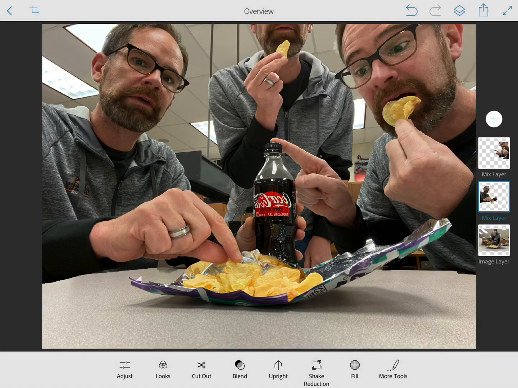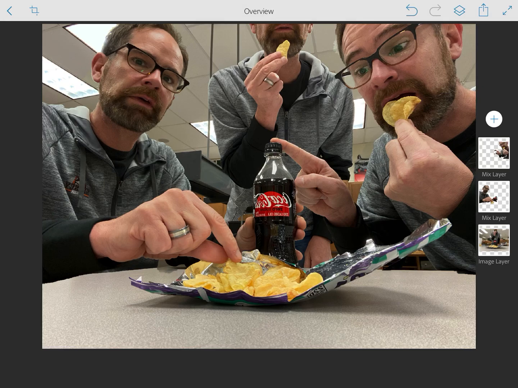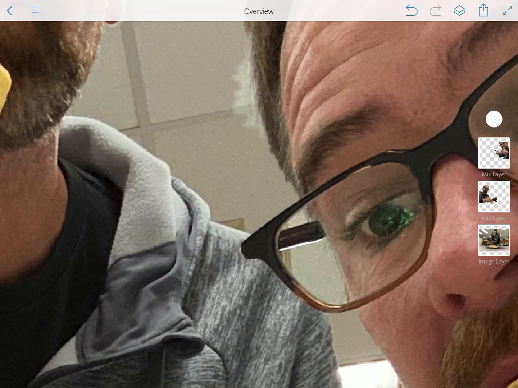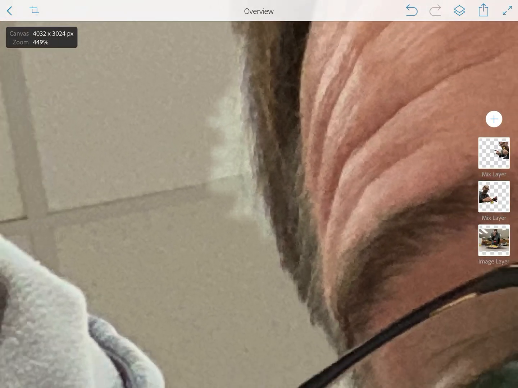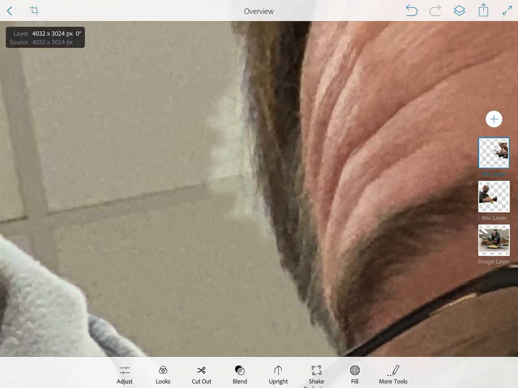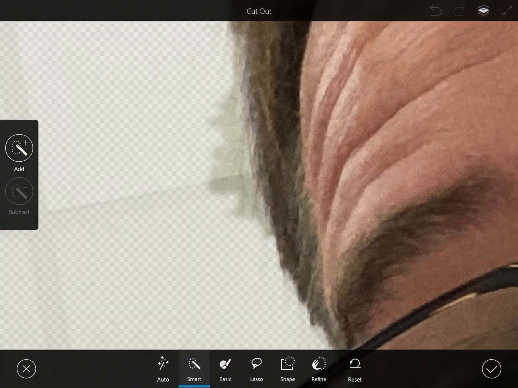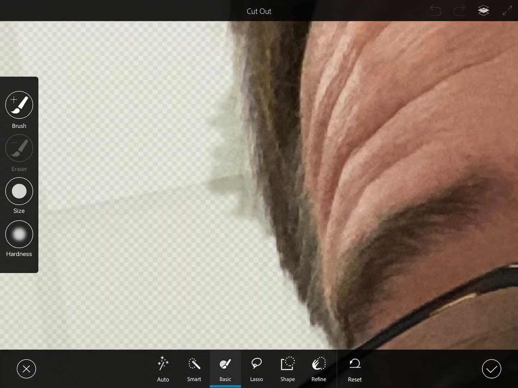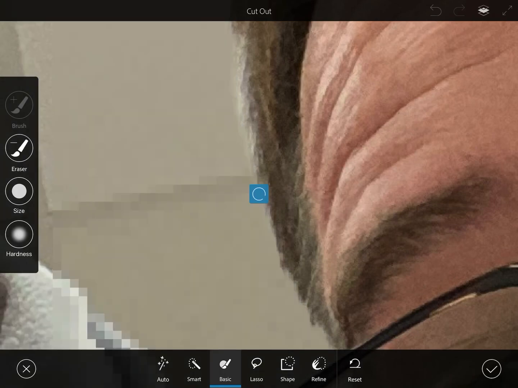So I can make my adjustments so that it doesn't look like anything is darker or lighter than it needs to be. There's a little part of my head up here that appears to be a little bit lighter. So I can do a number of different things. I can just go back up to Cutout, go to Basic, go to Erase, and erase some of that stuff that might be showing up around me so that, again, when I hit the check mark,